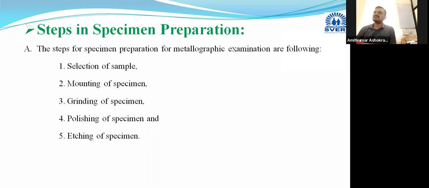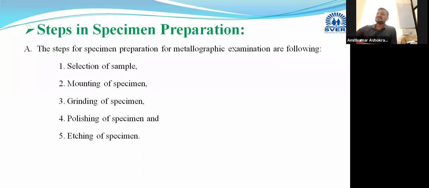After the mounting, the grinding operation is performed. This grinding operation is only if needed. It is not a compulsory operation. If after the mounting process sharp edges are formed, then with the help of a simple grinding machine or a simple belt grinder, the sharp edges are removed. This is just for safety or smooth handling of the specimen. Or if some excess material is there after the mounting, it is removed by performing the grinding operation.